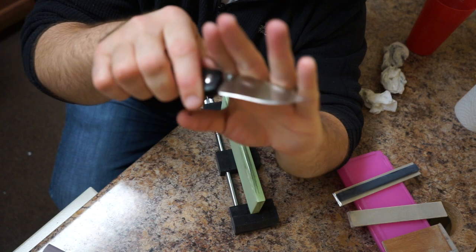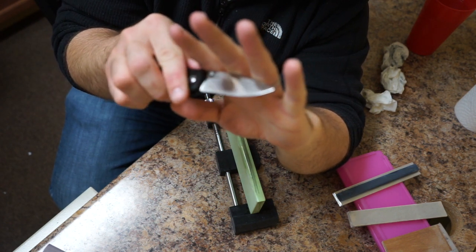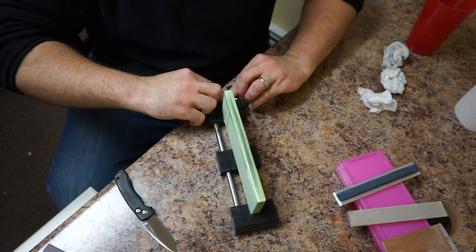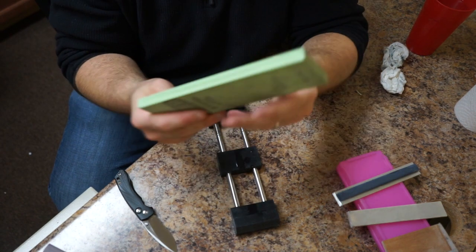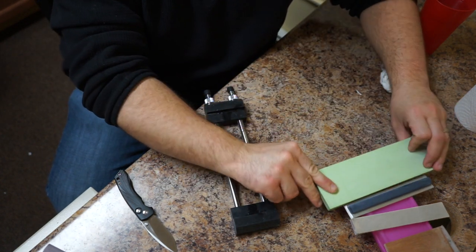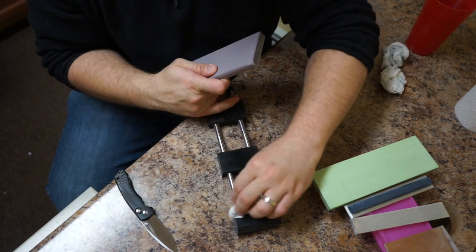Alright, that's the 2000 grit finished at this point. And now I'm going to go to the 5000 grit. I'll keep you guys updated to see if anything happens, like if there's any repercussions of me doing this, like if it starts cracking or something like that. I don't see why it would,